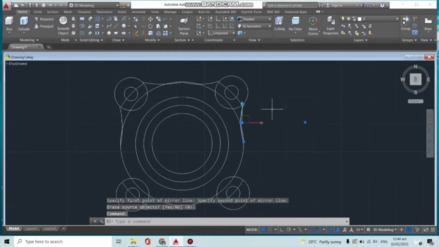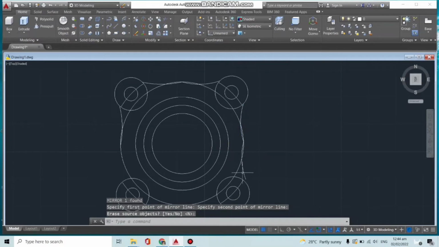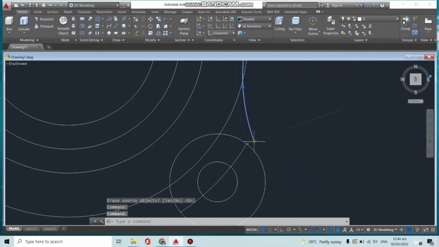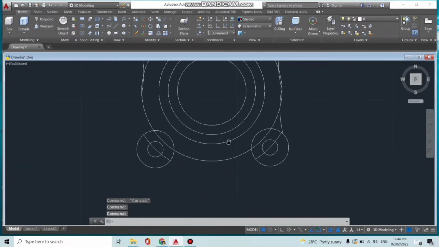highlight the object, enter the command key, enter, and then click on the endpoint, press enter, edit the object, click on the endpoint and drag it on the quadrant, then press escape, do it again on the other side, click on the object,